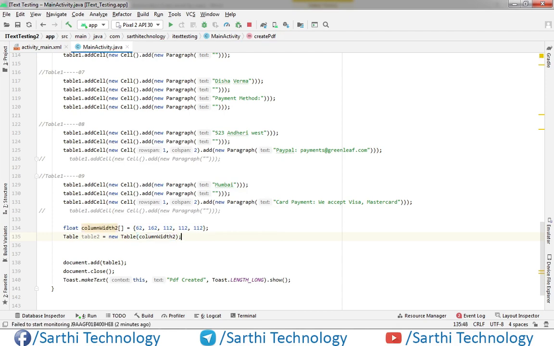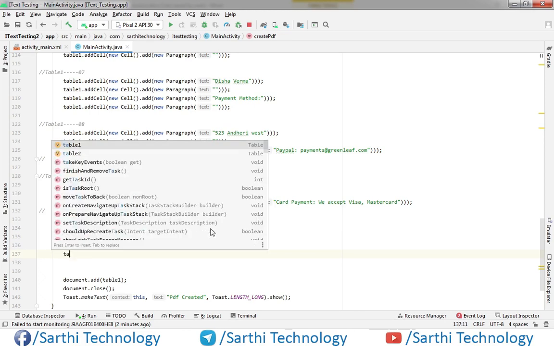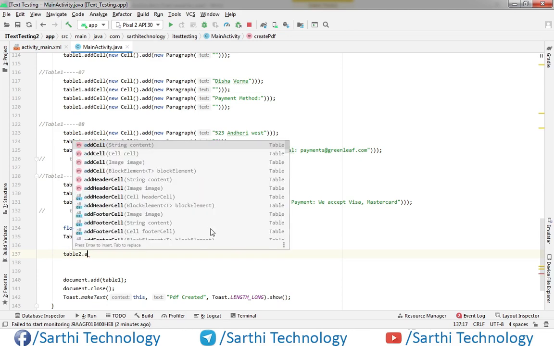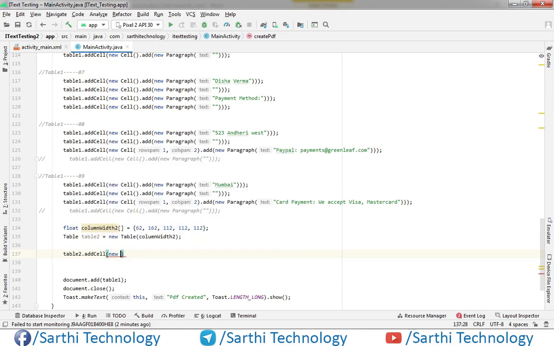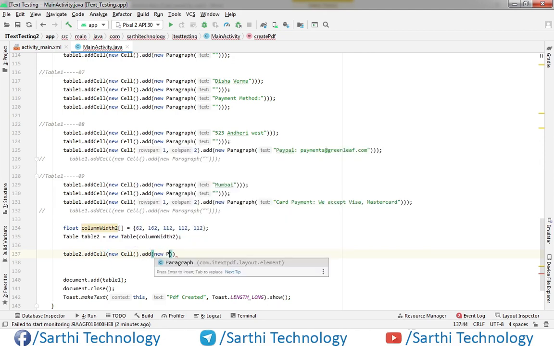Okay, so now use this table 2 dot add cell, new cell, paragraph, semicolon. Okay, so this is the first cell.